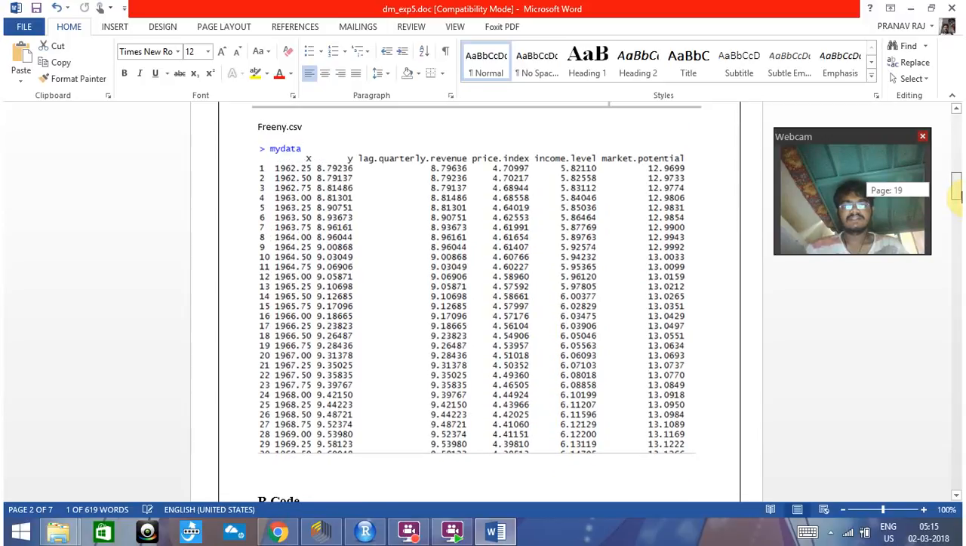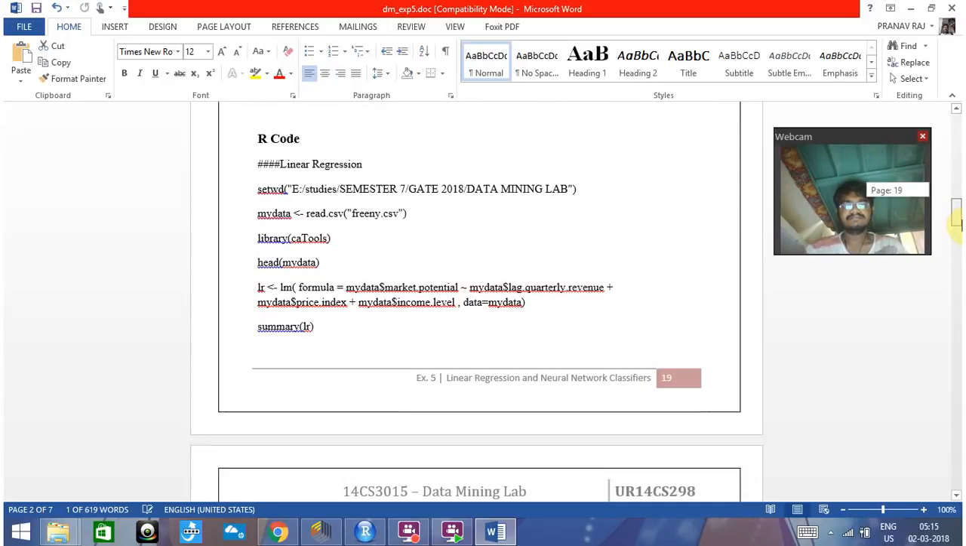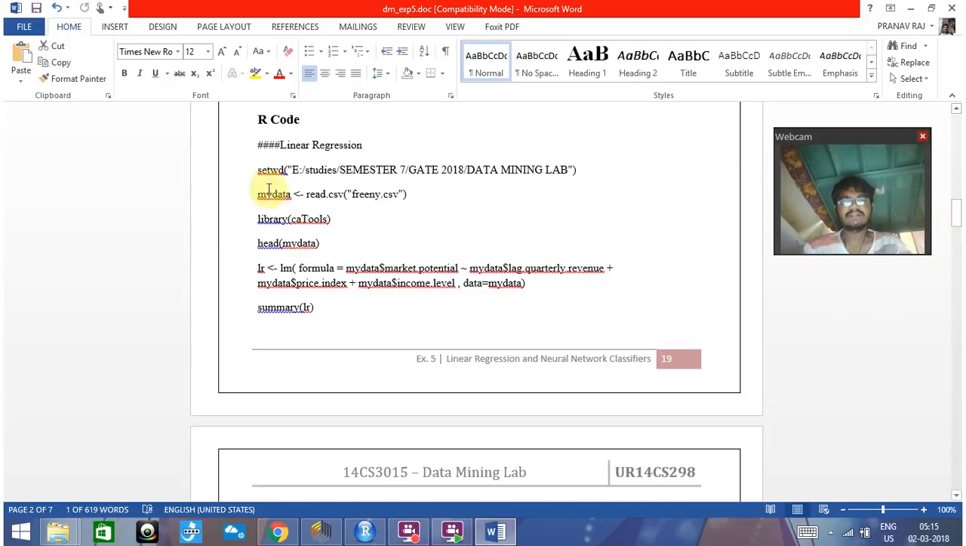So this is the data set 3D.csv, and this is our output for data mining. This is for the location of the data, and we are reading the data 3D.csv. This is a library, CAD tools. We use the library. Here we are giving the head. Here we are giving my data